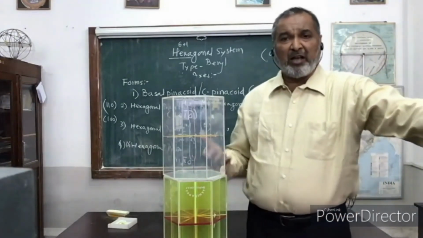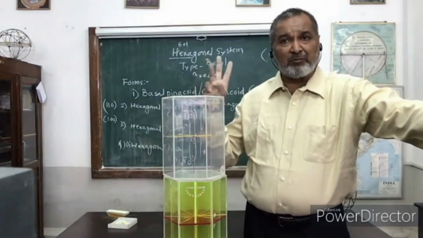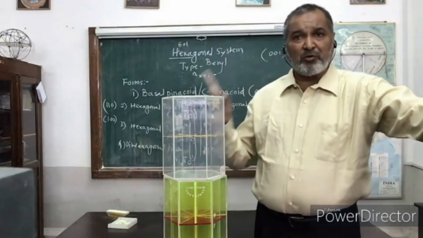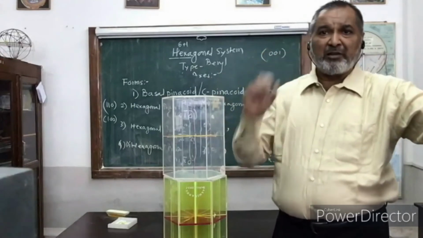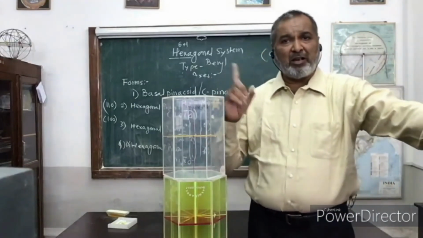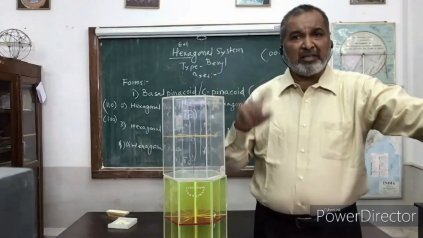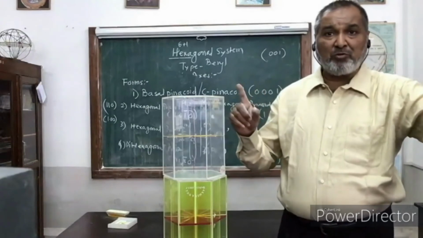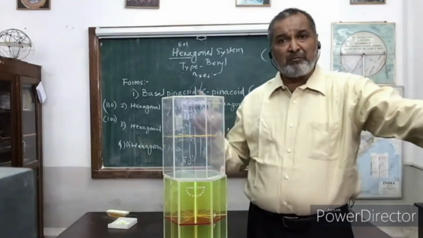faces will be there, and each face is going to cut 1 0 bar 1 1, 3 axis 1 1 1. So 2 horizontal, 1 C axis, so 2 horizontal means A1 and A3, 0 has to be there. So A2 will become automatically 0, 1 0 bar 1 1. Then the next one we have the hexagonal pyramid of second order, 1 1 bar 2 1, because one more axis will be going to cut here, 1 1 bar 2 1.